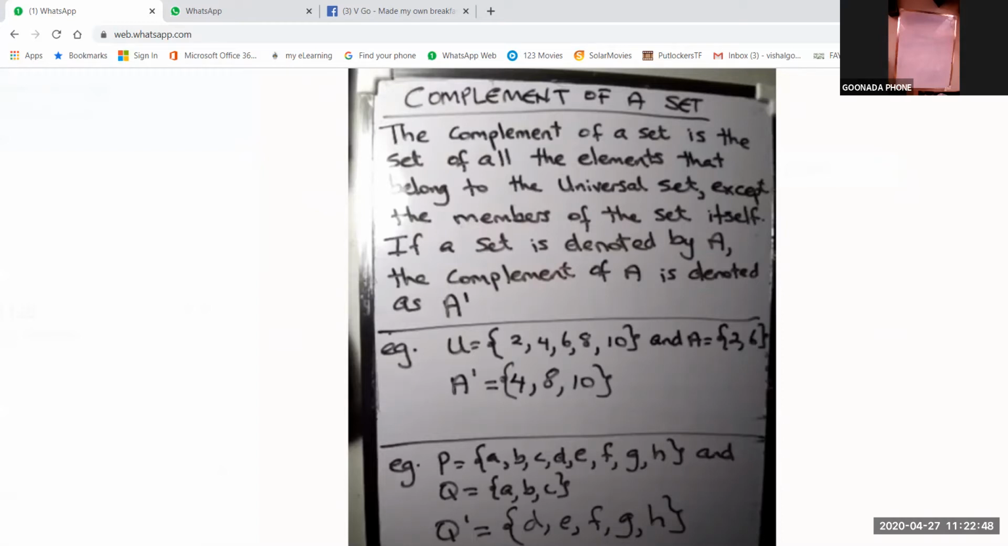Yes, sir. Okay, so the complement of a set. Right, the complement of a set. The complement of a set is the set of all the elements that belong to the universal set except the members of the set itself. What does that mean? I'll show you all just now, right? So if a set is denoted by A,